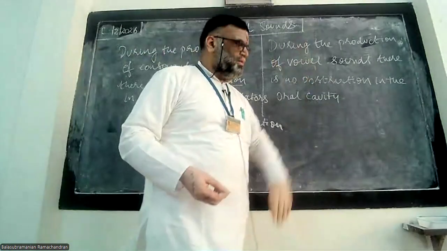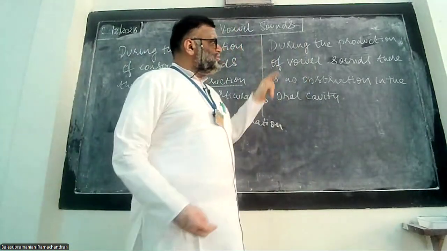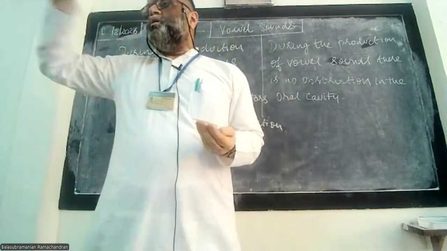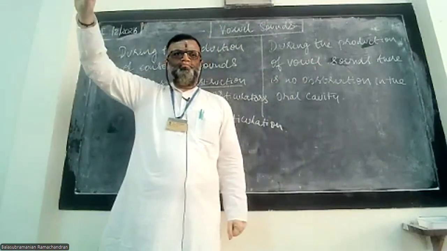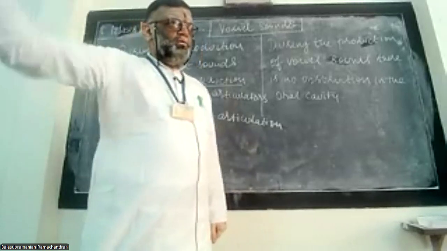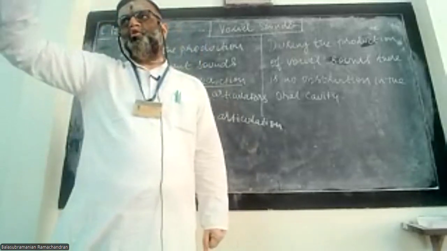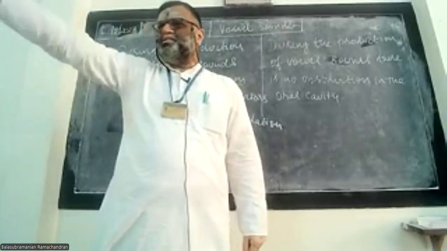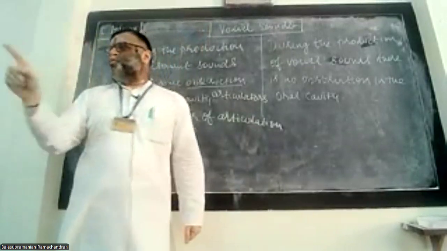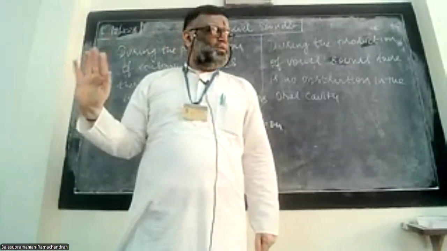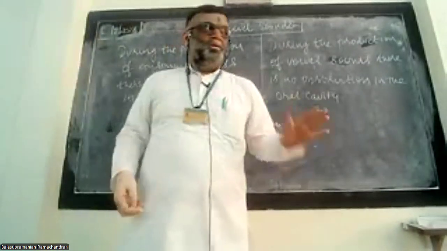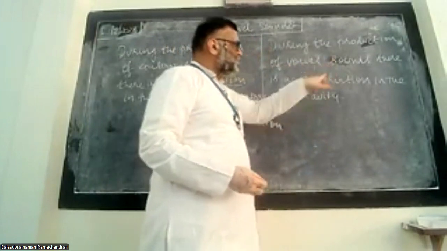Now let us come to vowels. During the production of vowel sounds, there is no obstruction in the oral cavity. So you can produce them very freely. You can open your mouth, you produce them with an open mouth. And these double letters and all that, don't get confused. Diphthong, we call the diphthong a double vowel sound for convenience. There is nothing called a double vowel sound. For our convenience, we are calling it double vowel. So there is no obstruction in the oral cavity.